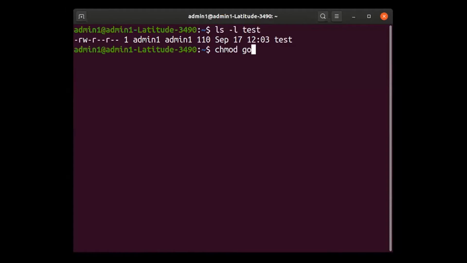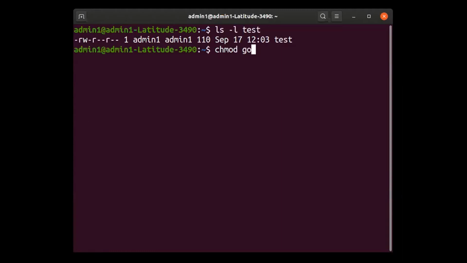Understand? Go slow. Chmod is a command. G stands for group. O stands for others. Since I am not involving owner in this particular application, I am not using the character U. If owner is also involved, I can say UGO, or I can also say A. So that is how the nomenclature is. Since I am removing the read permission for group and others, I have written G and O.